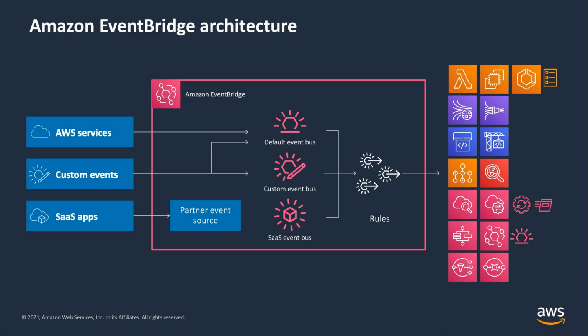And you write rules that match incoming events from those services and route them to targets. So a single rule can route to multiple targets, all of which can be processed in parallel if you like. And a target is something that just processes an event. So you can have up to 5 targets per rule. And it's really easy to have multiple microservices consume the same event, or only certain microservices interested in an event. So using such event-driven architectures, the amount of code that you have to write is significantly less.